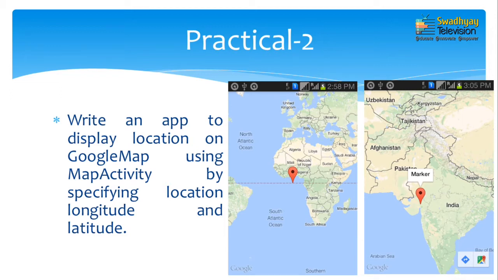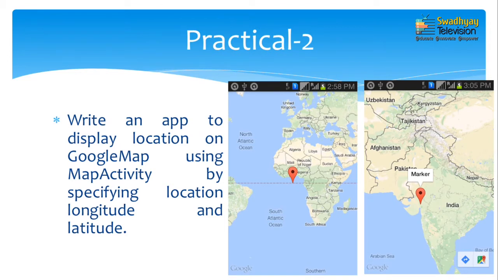So, you can either specify 0,0 for displaying the map, or you can specify a particular city's longitude and latitude, and we also display this marker.